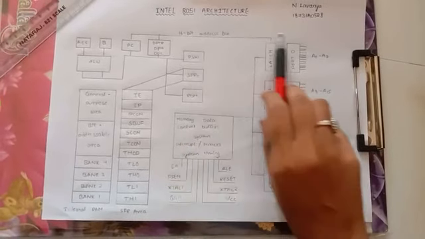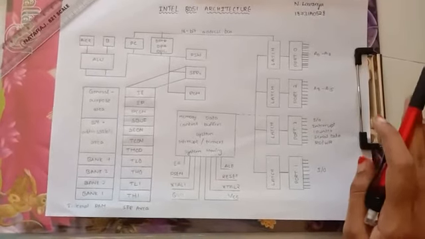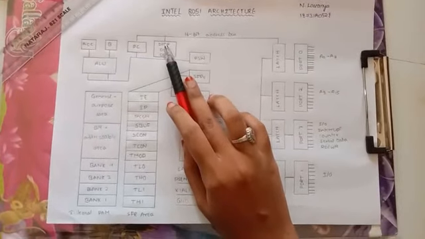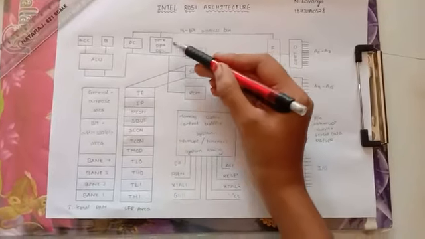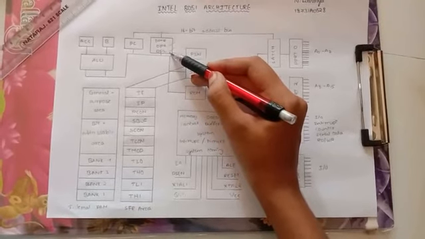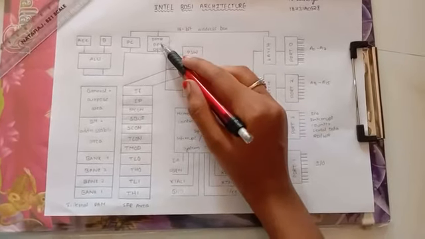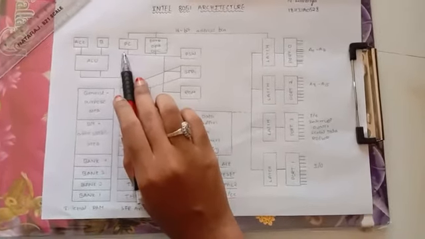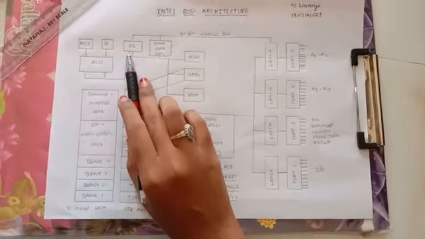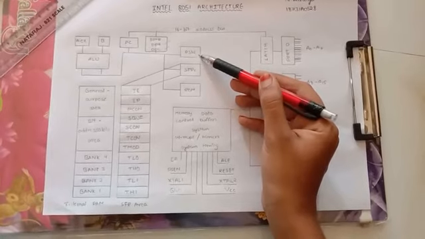Through this 16-bit address bus, these ports are connected to the memory or I/O devices to transmit the data. Now see DPTR, the data pointer register. It is a 16-bit register divided into two parts, DPH and DPL: data pointer high and data pointer low. To store the data, we prefer this data pointer register. And next, PC, the program counter, which stores the address of the instruction to be fetched from the memory or I/O devices.